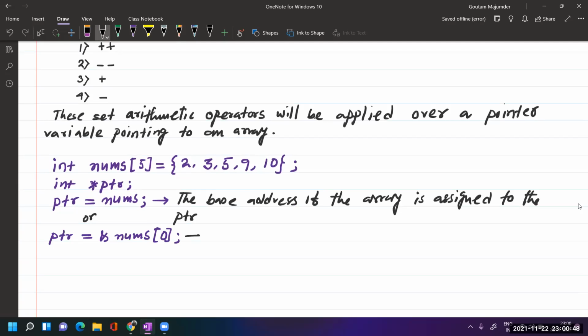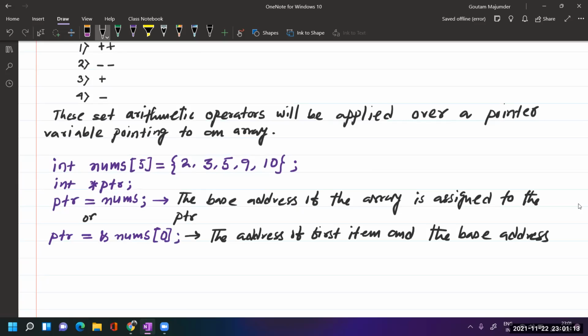Remember this point: the address of the first item and the base address of the array are the same. So if we write this one or that one, both mean the same thing.